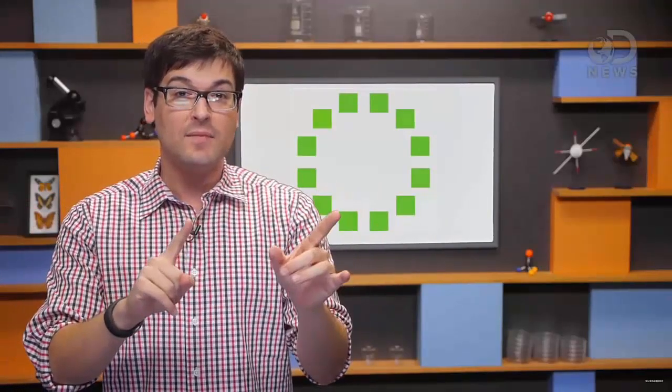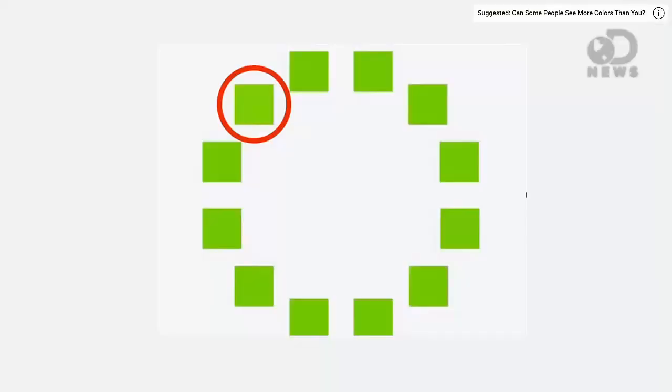And here's something interesting about color. The more you learn about it, the more you can see variations in it. For instance, check out this ring of green squares shown to people by the American Psychological Association. One of those colors is different, ever so slightly. Can you tell? You might be able to, according to the study, if you're an artist or a designer or you have some other career that requires a honed sense of color. It's this one, by the way.